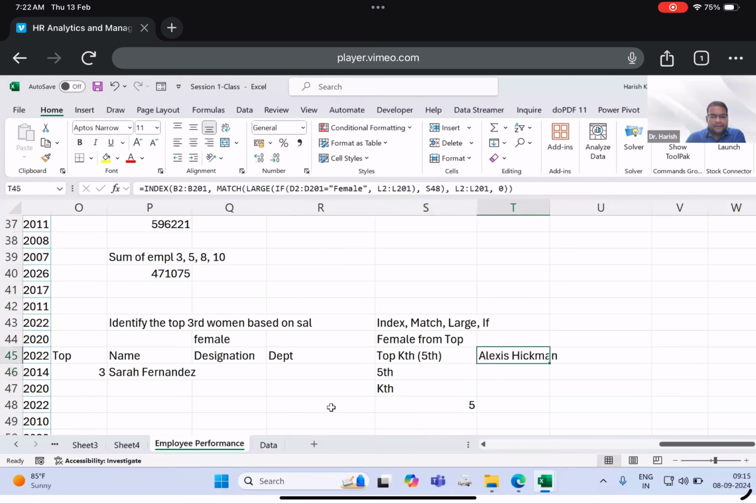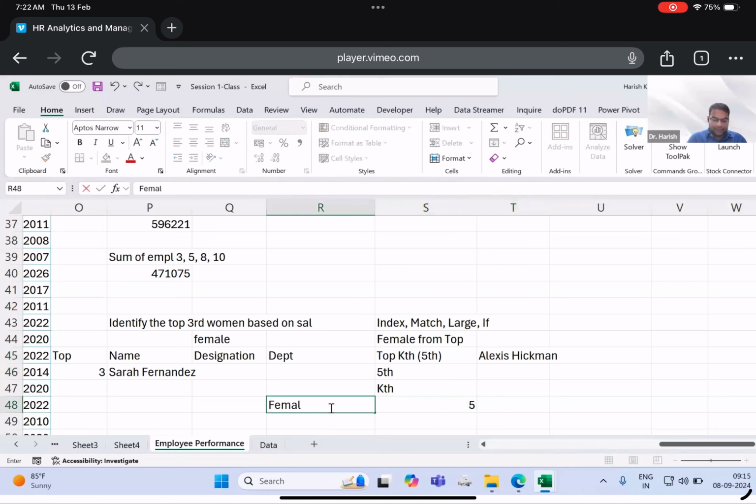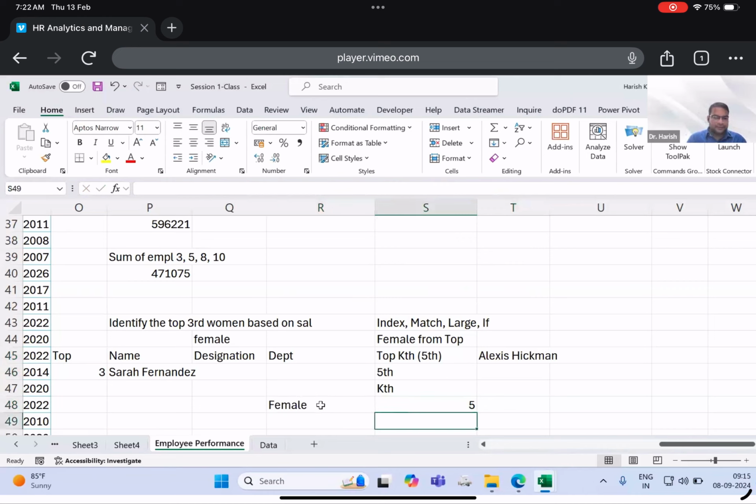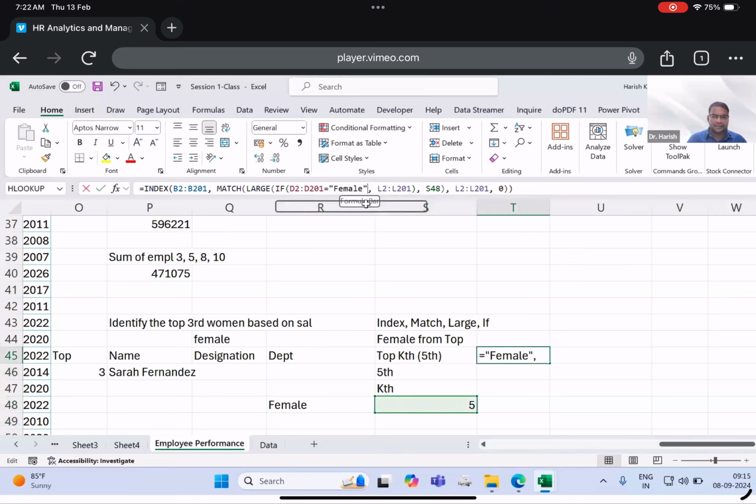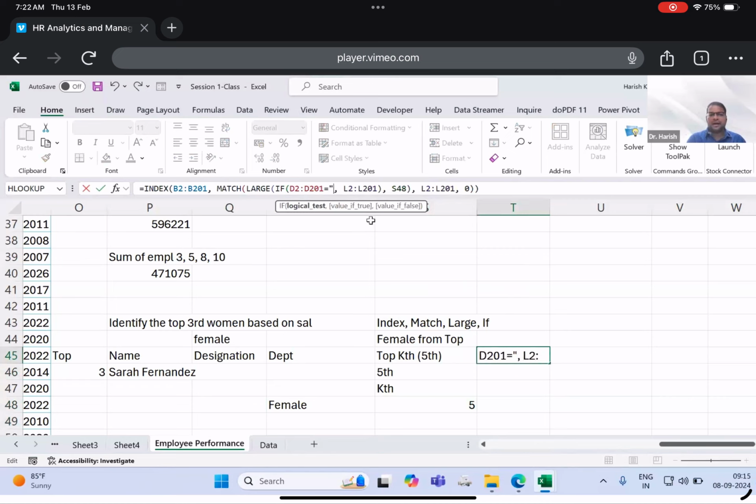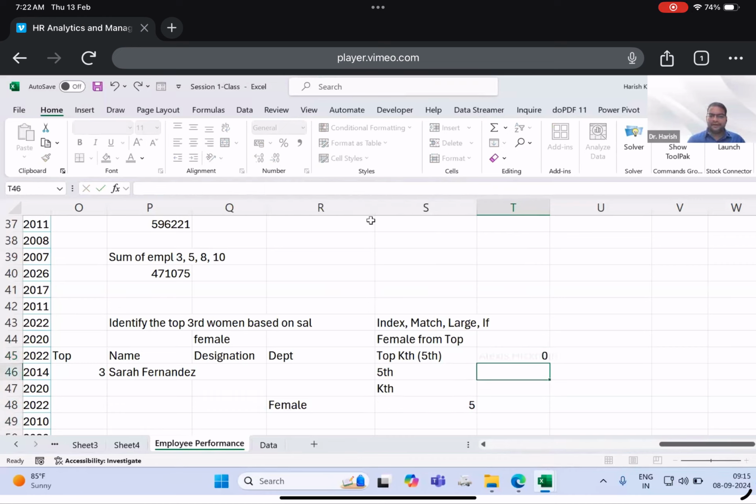I can write here a female category, and this is R48. So in the given formula, instead of writing female, it can be male also. I need to check who is a male, who is a female. So instead of writing female or male, whatever value the cell contains, I'm giving this as R48 as a cell reference, right? Now if I hit enter,